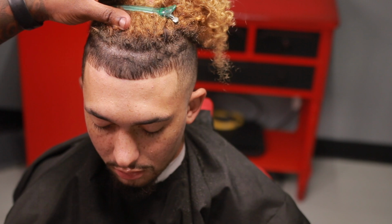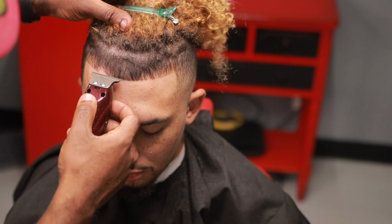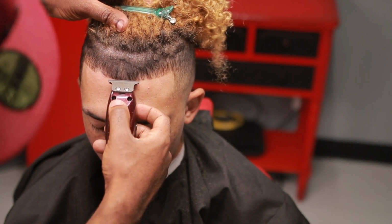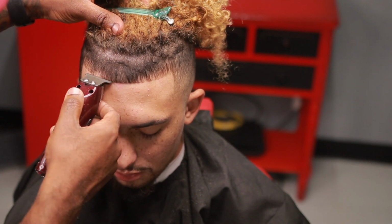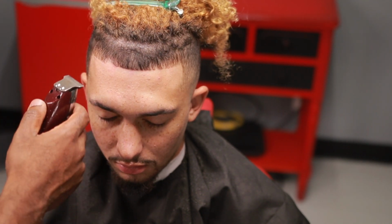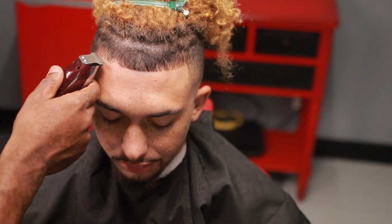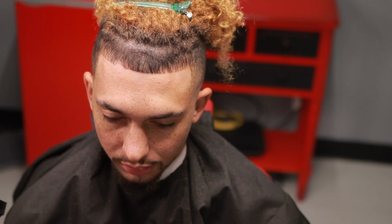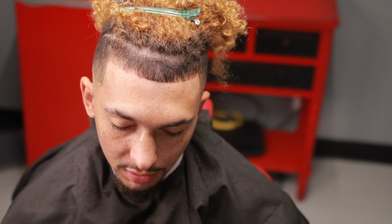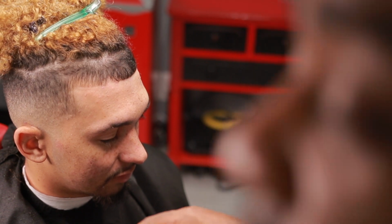Boxed edge up, straight across. We're working with what he's working with, and as a barber, like I said about the fade, you have to be able to look at that first and make that transition, right? You have to be able to see it before you put your clipper or trimmer on it. That's the thing that you have to do. So you see it's very, very light, especially to the left of the screen, right? But that's okay. Like I said, there are other ways to make the lineup look